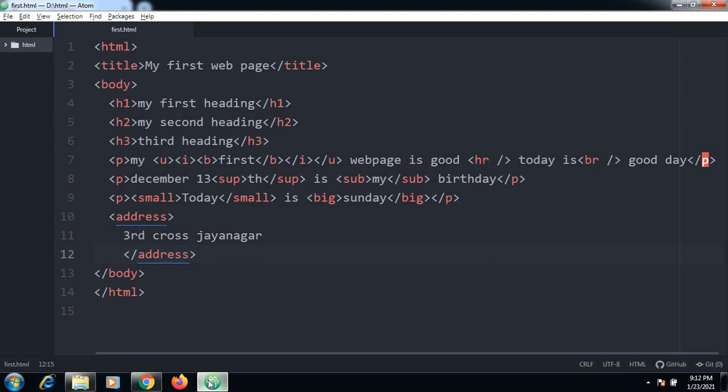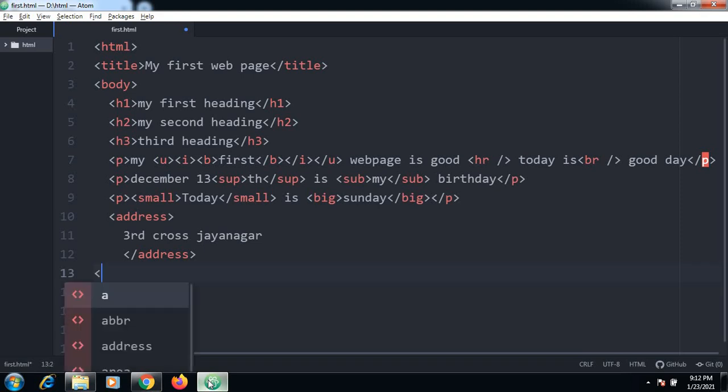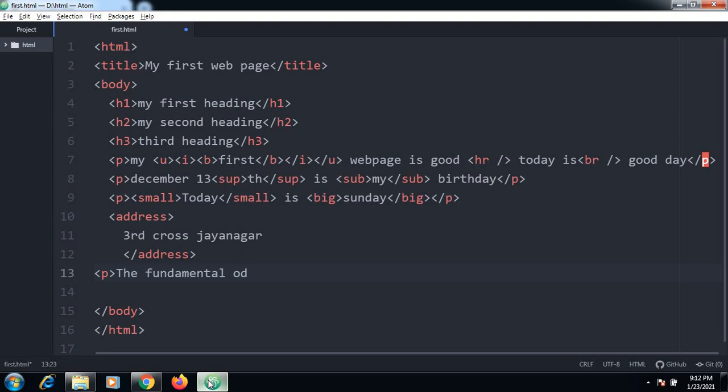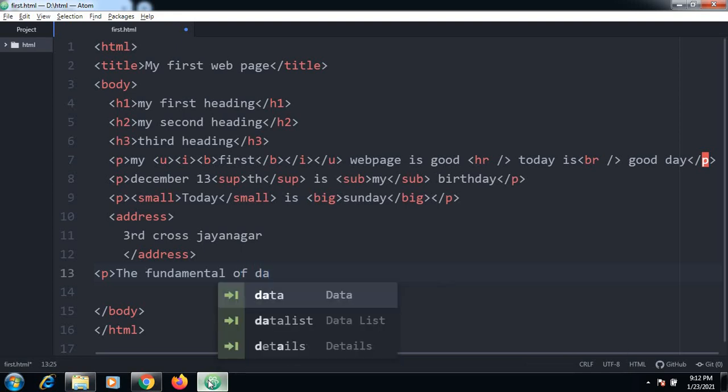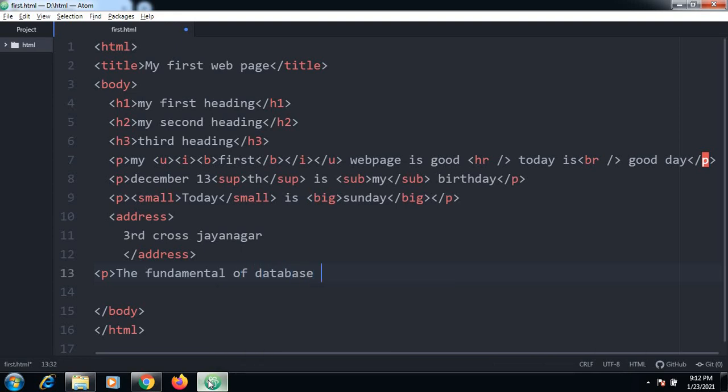So citation can also be done. So how to do the citation? Using the cite tag we can do that. So I can have a certain book, and if I try to mention the name of the author, I can enclose it in the cite tag.